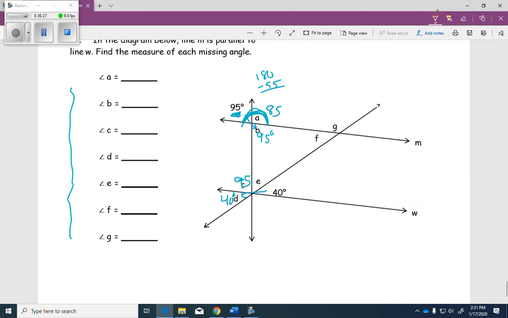There's a few things I can do, but I'm noticing this 40 here is alternate interior with angle F, so that must be 40 degrees. I see a triangle here. Three angles in a triangle make 180, so 95 and 40